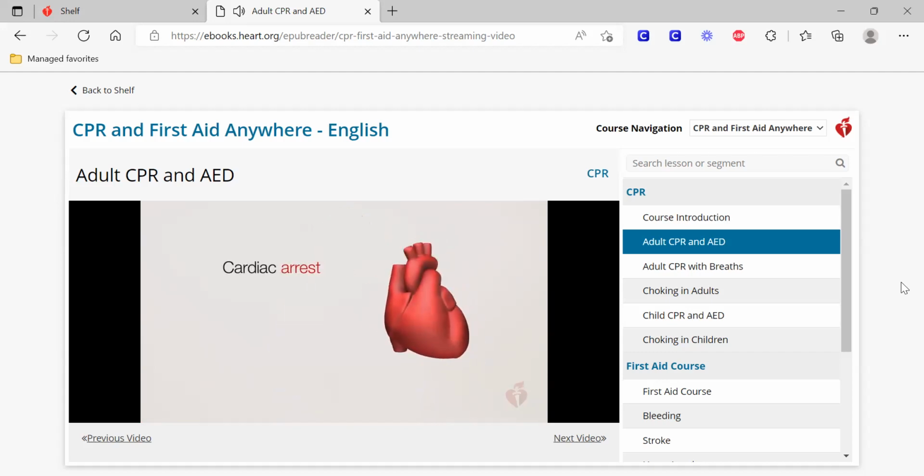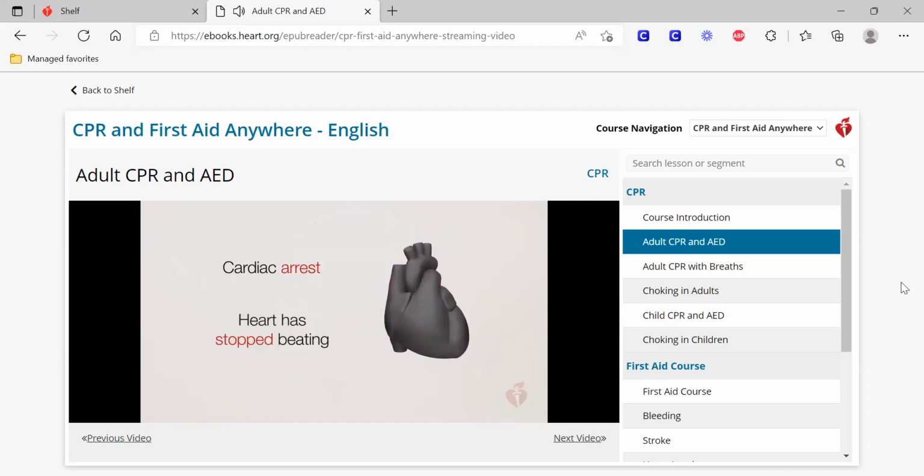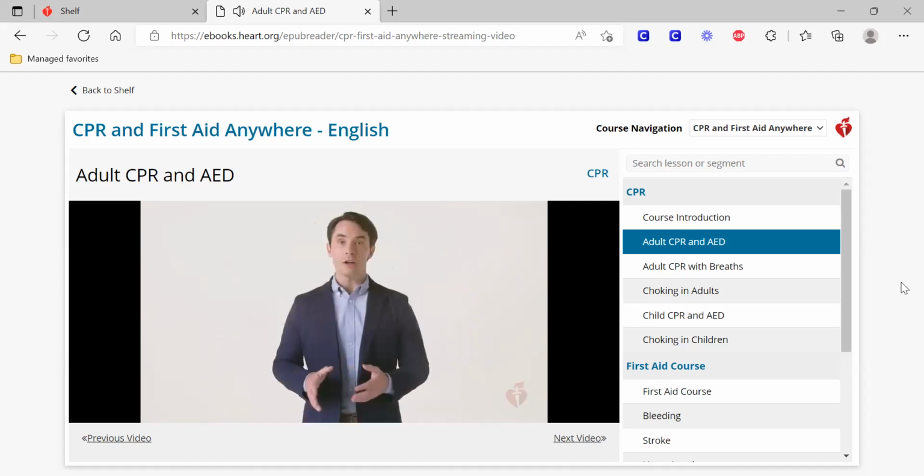Occasionally, the damaged heart muscle triggers an abnormal rhythm that can lead to cardiac arrest. Heart rhythm refers to the sequence or pattern of heartbeats, whereas heart rate refers to the number of times the heart beats in a minute. Anytime the heart stops beating, it's called cardiac arrest. A heart attack isn't the only thing that might cause cardiac arrest. Problems such as severe injuries, drowning, and drug overdose can also cause cardiac arrest. Just remember, when a person's heart stops beating for any reason, that person needs CPR immediately.